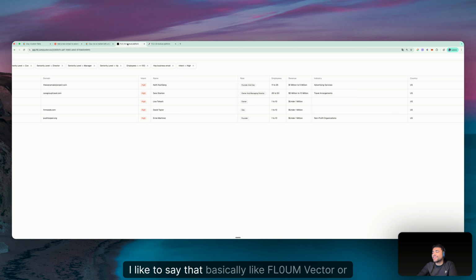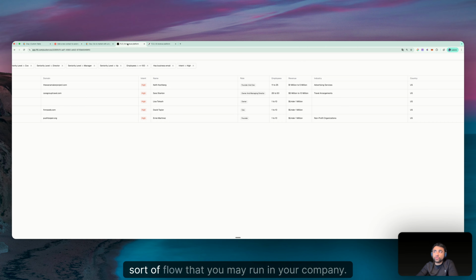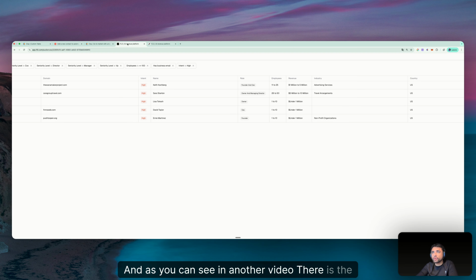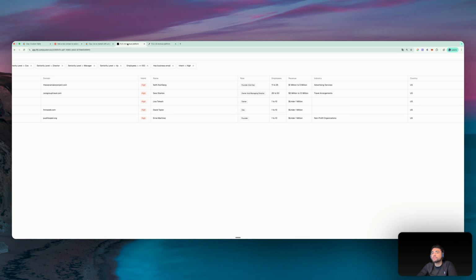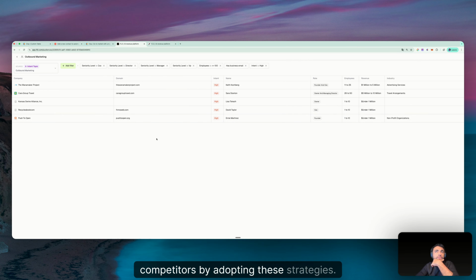So I like to say that FL0, Vector, B2B, Trigify are practically those high signals which give you better reply rates, that don't require a huge setup and actually just auto-populate, which is really cool. And in my opinion, you should set them up in any sort of flow that you may run in your company, which is amazing because you could run multi-channel, you can run anything you want, even WhatsApp. And as you can see in another video, there is the WhatsApp one, and just maximize more and more all your pipeline, because you would definitely go and take market share from competitors by adopting these strategies. So for me, this is all, and I'll be seeing you in the next